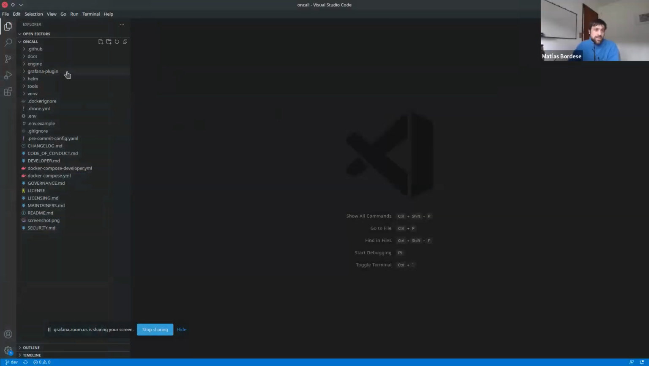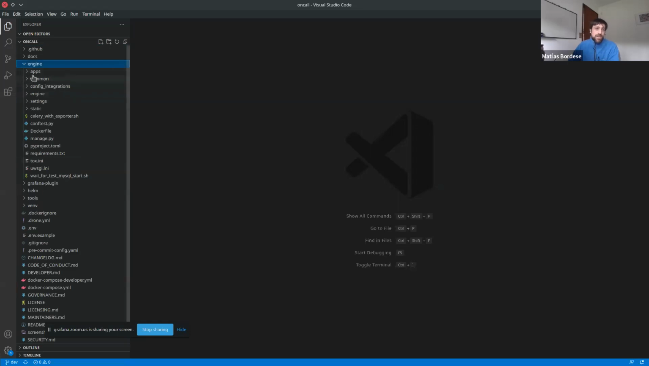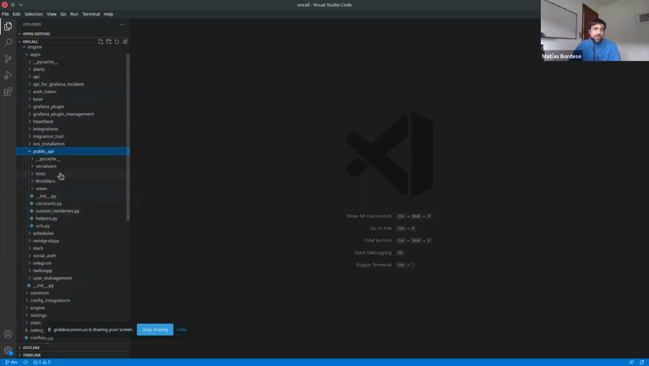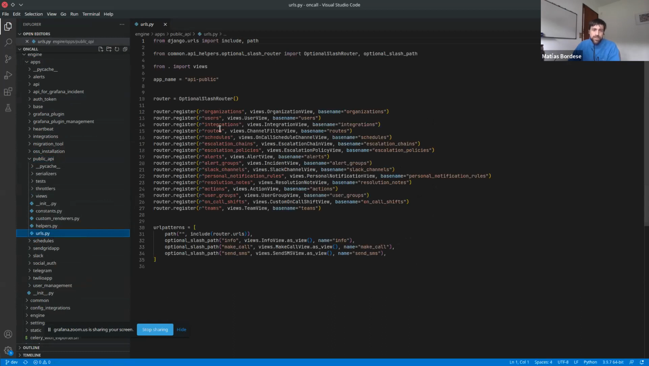Here I have my editor with the OnCall project open. And you will see that the Django project is under the engine directory. There you will find the apps that make the project work. Particularly, I'm going to the public API app right now, just to find the URL we are looking for. This is the users API. So we are going to take a look at the user view,